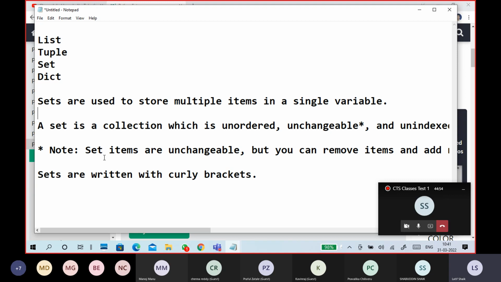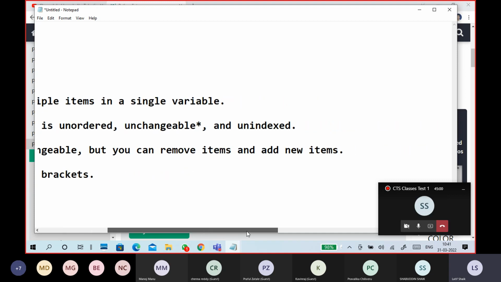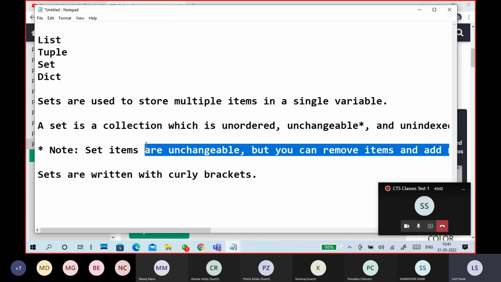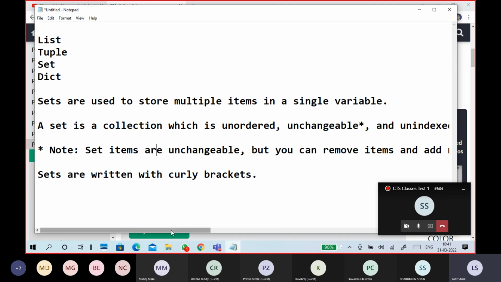We'll see what that means. Set items are unchangeable, but you can remove items and add new items. Existing items you cannot change, but you can remove a particular item and add a new item. So that is first.